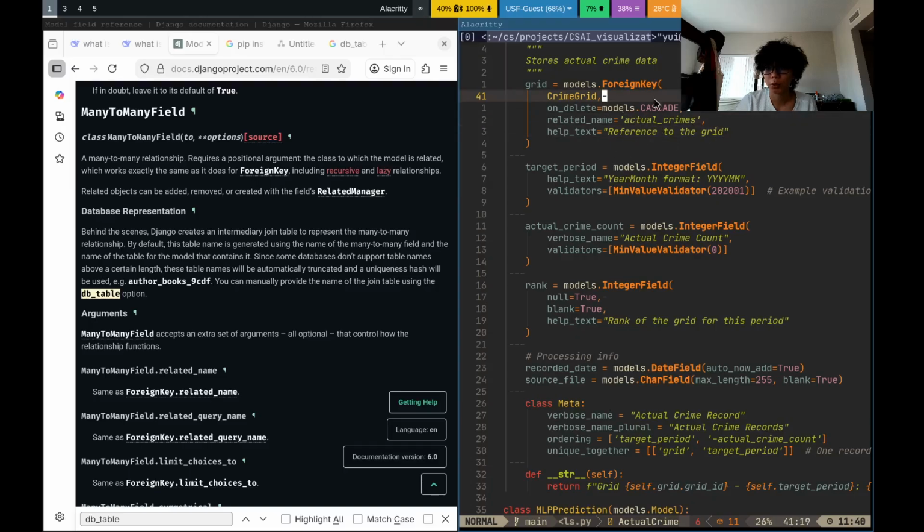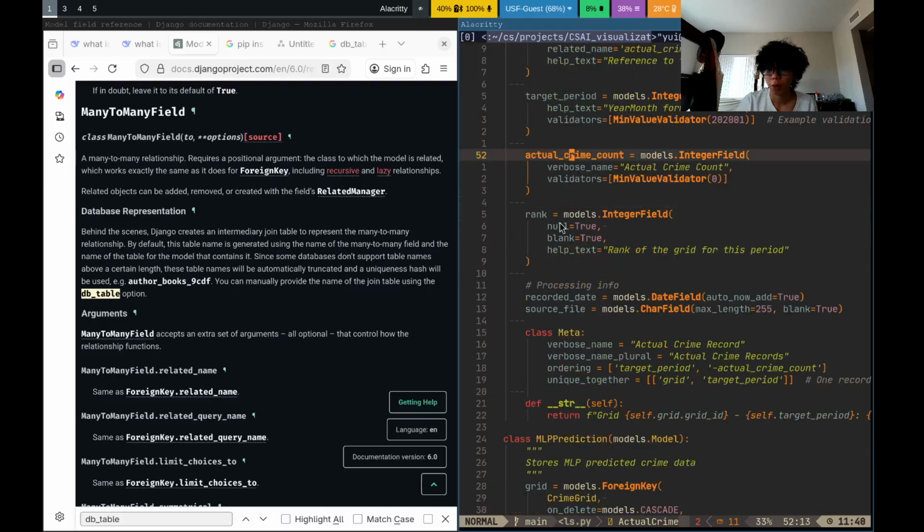Linking to the grid. Okay, nice. We have our target periods. This will be an example like this. Models, interfields, formats, actual climb, right? We have our rank, right? And we want our process info, recording dates,